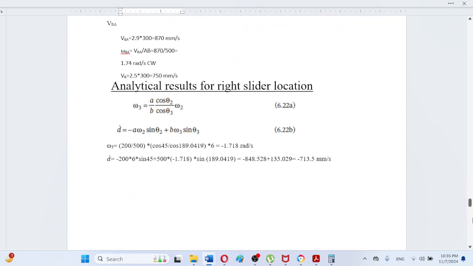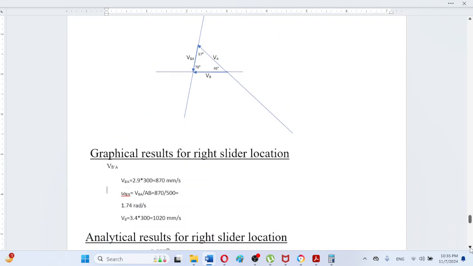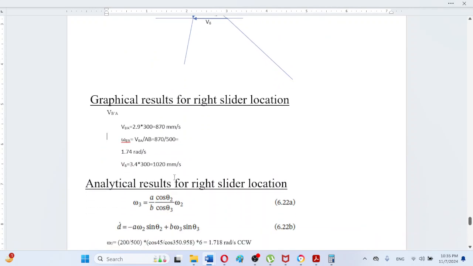So due to this reason, we can observe here that the magnitude of rotation is same, but the direction of rotation for this